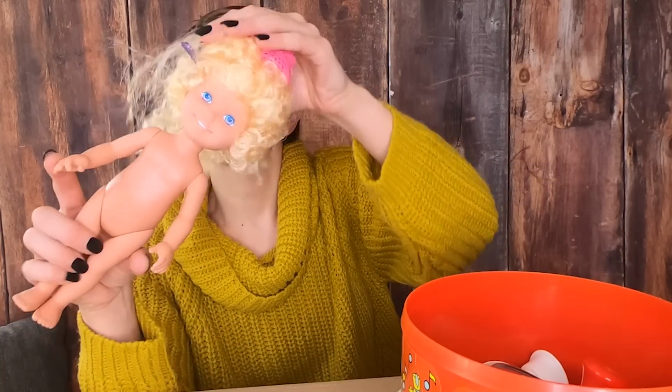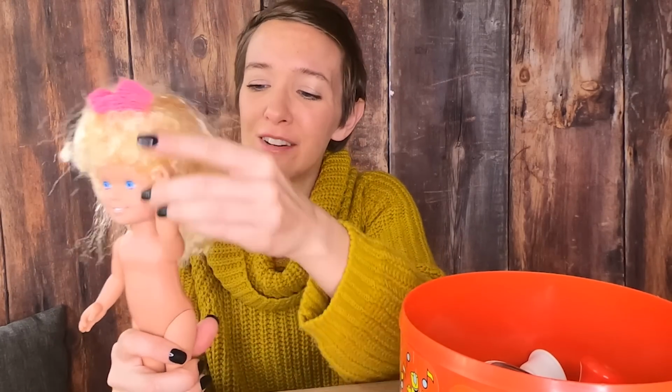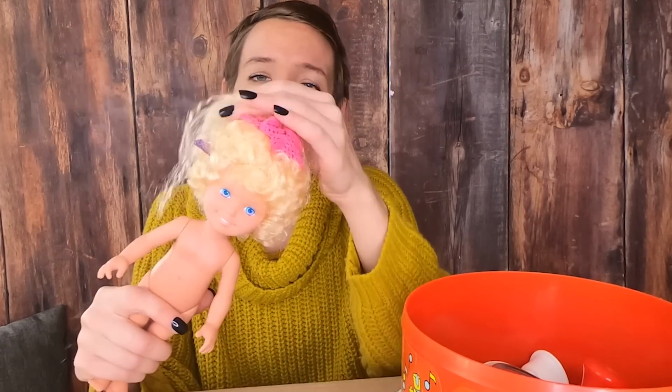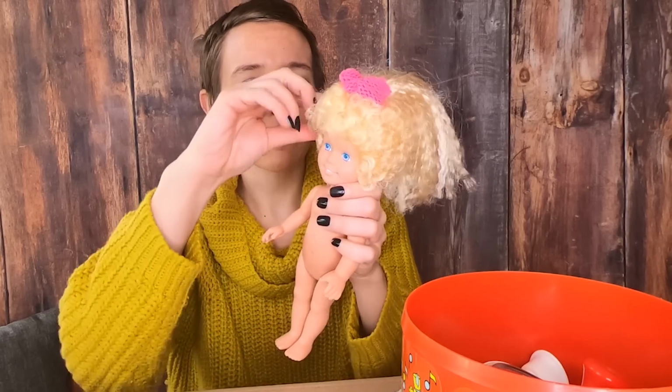Let's jump. We have another symbol. This girl, I remember her. Sorry, you're naked. 1987 Play School. You could wind her. So inventive. You'd wind her arm and her hair would get shorter. Oh, and then I think you move this clip to make the hair get longer again. I don't quite remember, but